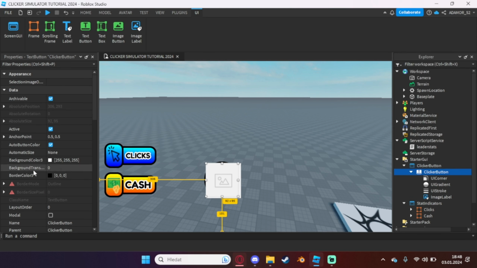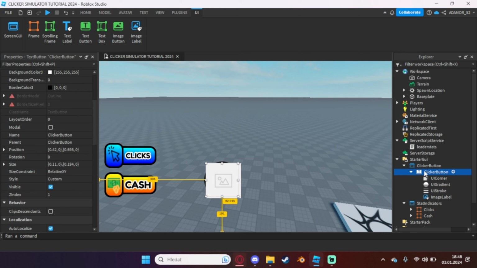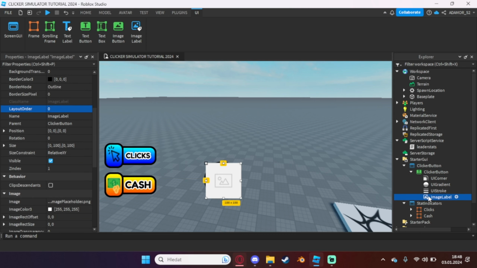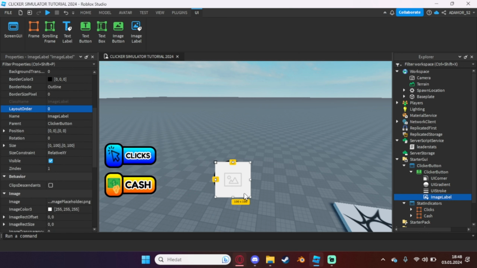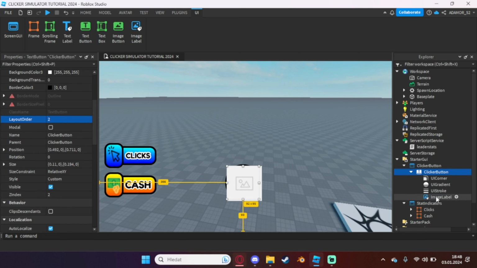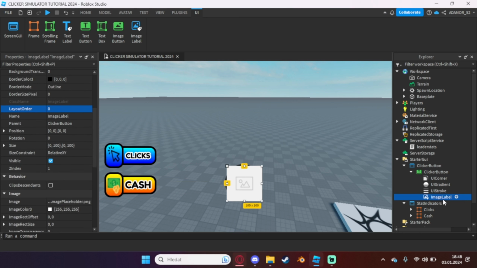Just to make sure, I will set the clicker button ZIndex to, I don't know, 2, and layout order to 2, and then with the image label I will keep it at 1 and 0, because then I think it will break the button, so you couldn't click on the button because there's the image. I think I can rename it to clicker image,